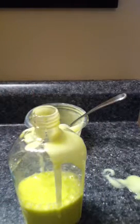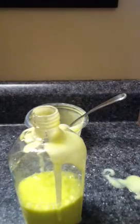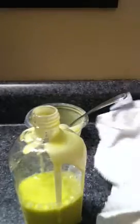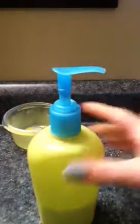So I recommend having a wet face cloth or something so that if it does get messy, and remember it's only soap, so it's good. So if you do decide to store it like this, just every once in a while you don't want to shake it, but you just turn it nice so that all of the oil and the soaps don't separate. So just store this in your bathroom or in your